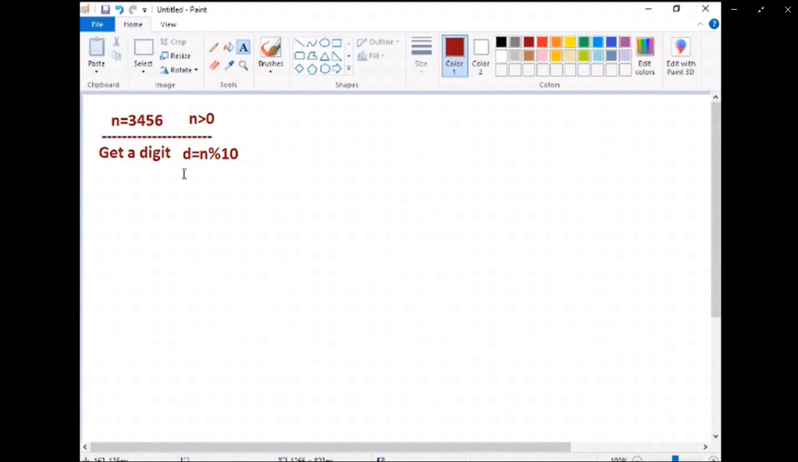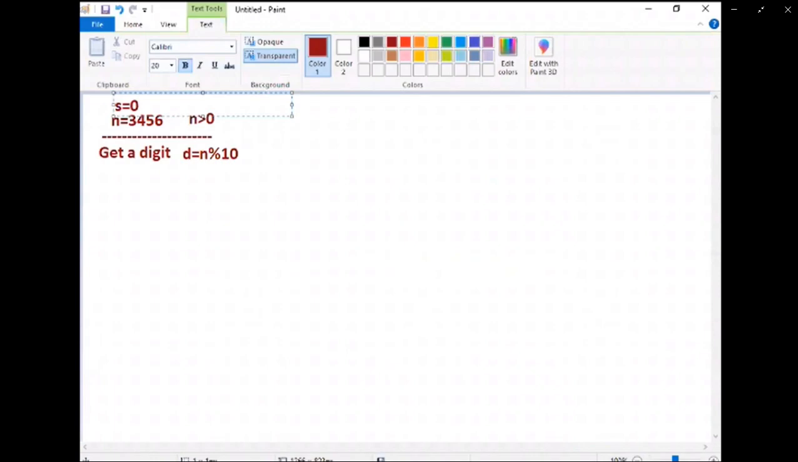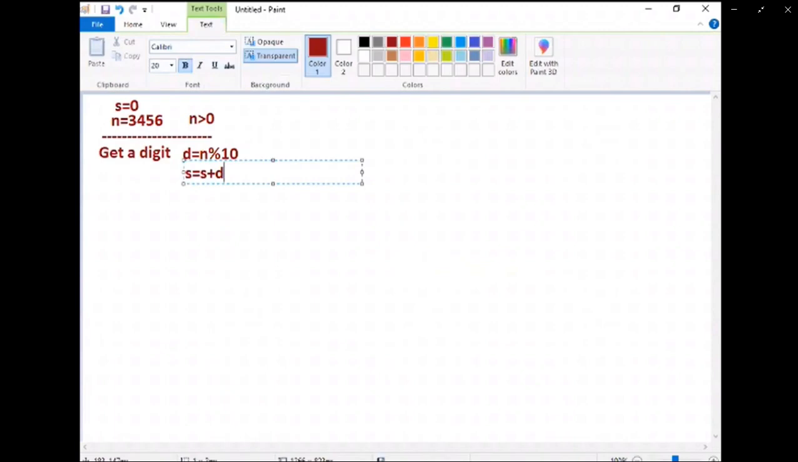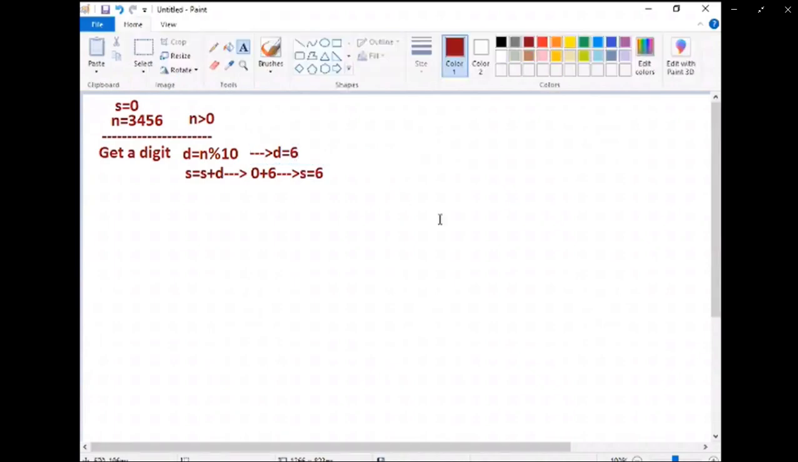That d I need to accumulate into the sum. Keep track of the sum. How do you do it? In the beginning, just take s is equal to 0. Then s is equal to s plus d. What is the value of s is equal to s plus d here? 0 plus 6. So s is equal to 6 here, and d is equal to 6. Very good. So when 6 is accumulated,